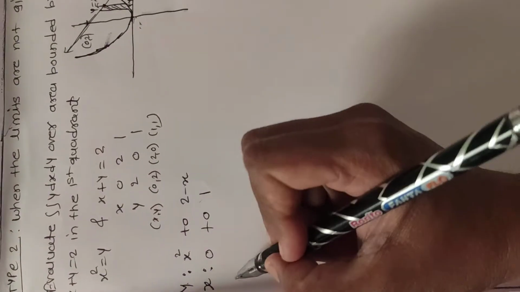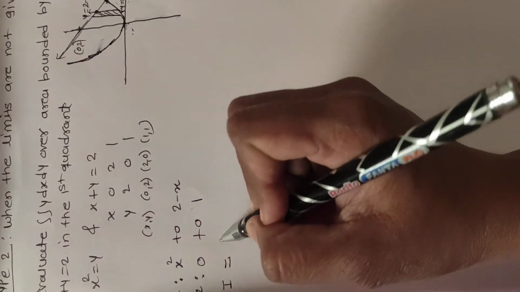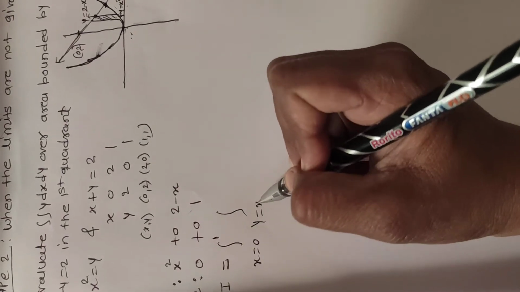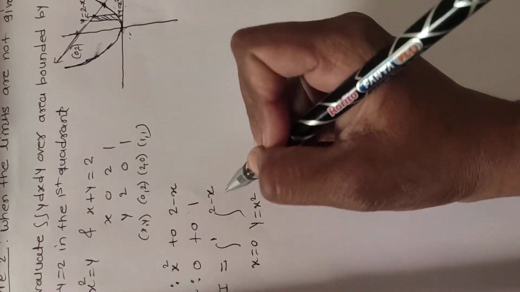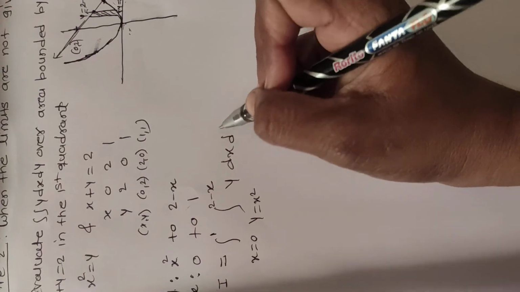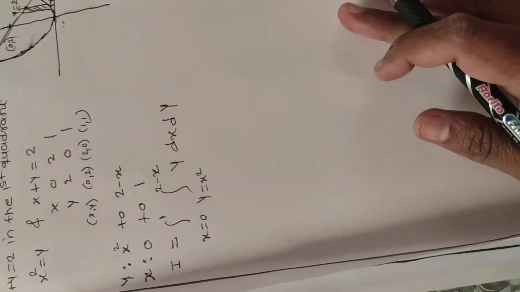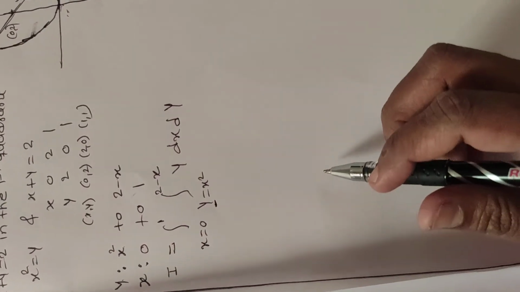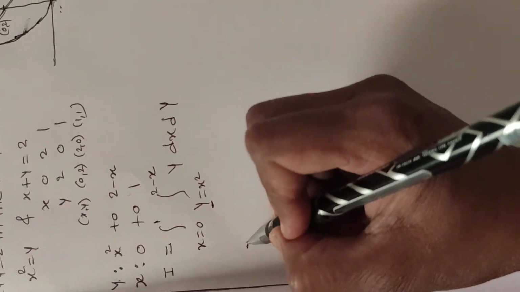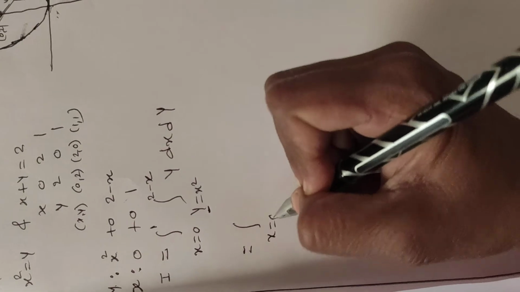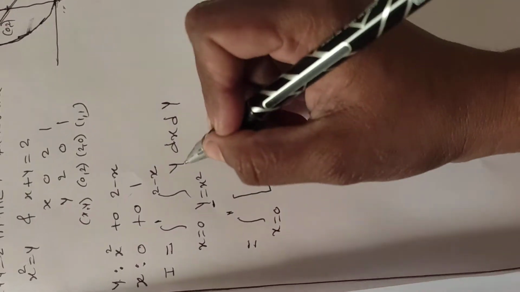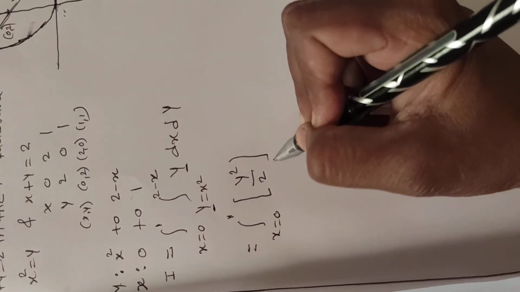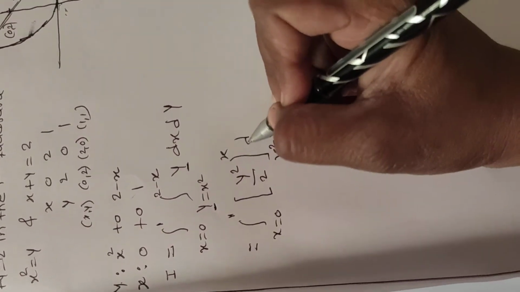After that, consider the equation. Suppose I equals the integral from x equal to 0 to 1 and y equal to x square to 2 minus x of y dx dy. And we just have to simplify this integral. How to simplify? See, the limit points of y are in variable form, so first we integrate with respect to y, and take x as constant. So x from 0 to 1 as it is. The integral of y with respect to y is y square by 2, with limits x square to 2 minus x, with respect to dx.